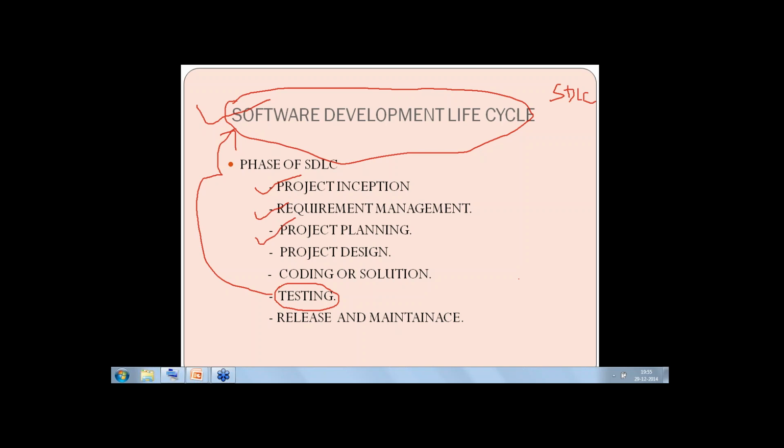Planning means scheduling the project, budgeting for the project,